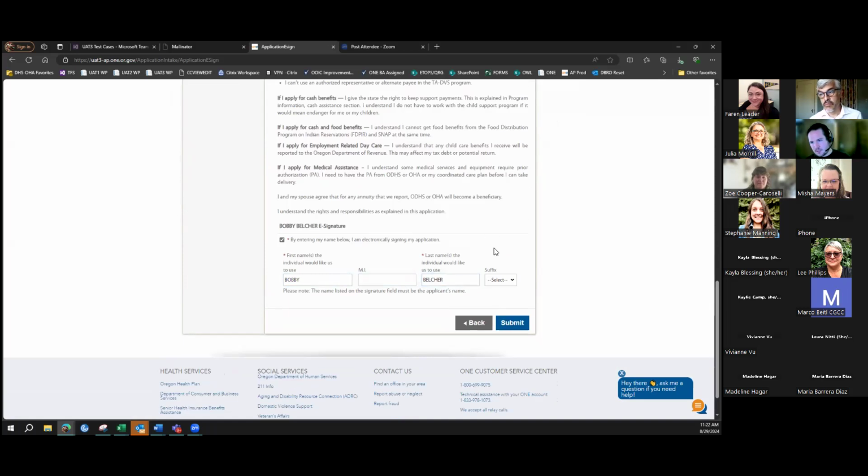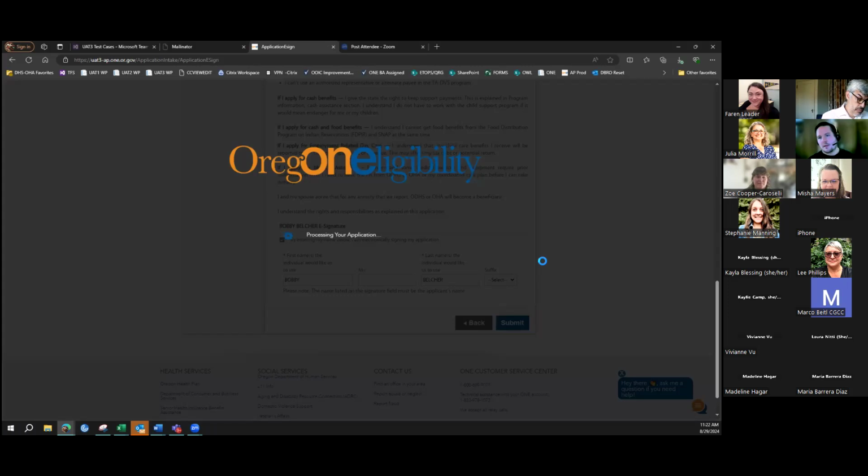We do an electronic signature here, and once we submit that, it should process the application. For SNAP, we're going to be pended for an interview, and they'll have to review the information that they put in on the application with the worker during that interview process. If they've submitted everything that they need to, or if we don't need any additional information from them, the worker should be able to approve that during that initial interview call. If anything additional is needed, we would send them a request for information, or a pend, to get that additional information from them, and allow them time to turn that in.